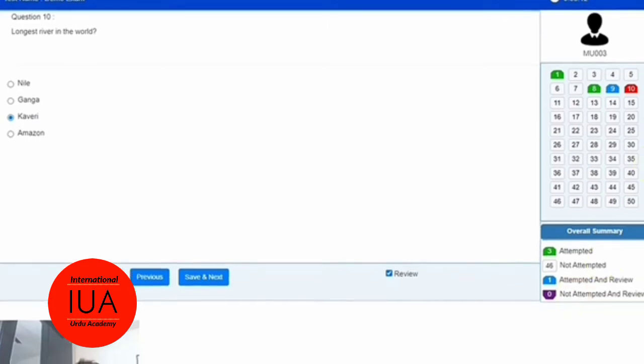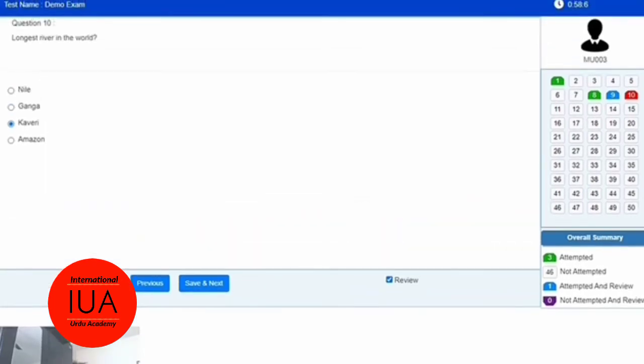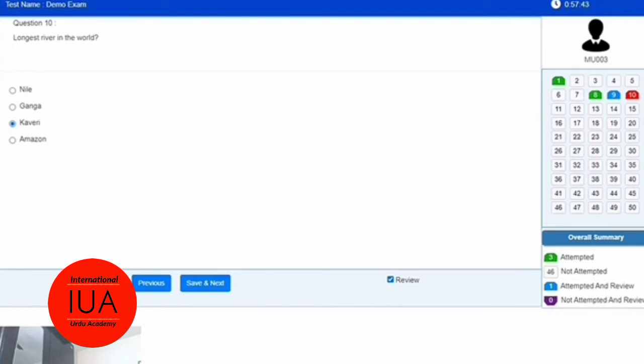At any given point of time, you will be monitored by the remote proctor, and your images will be continuously recorded by the system. You are not allowed to speak with someone while attempting the online exam, and you are not allowed to refer to any books, notebooks, or similar material while attempting the online exam. If it is found that you are taking help from someone, or if you are speaking with someone, or you are taking help of any external means like books or notebooks, then it will be considered as exam malpractice.